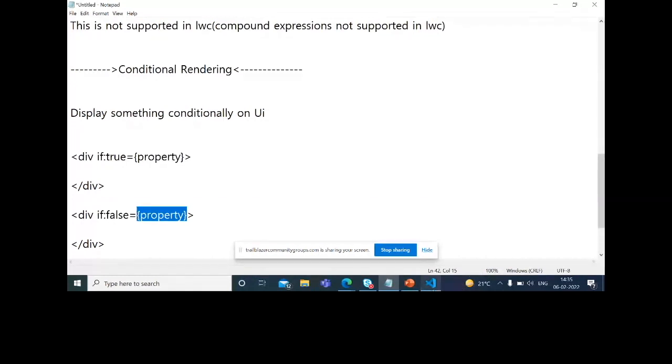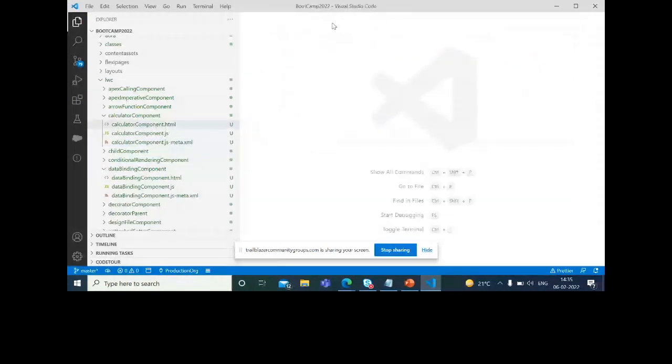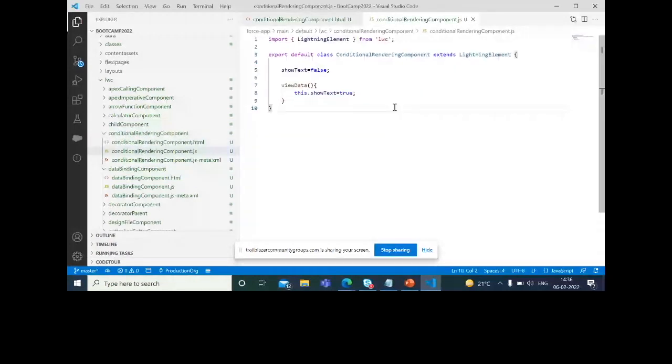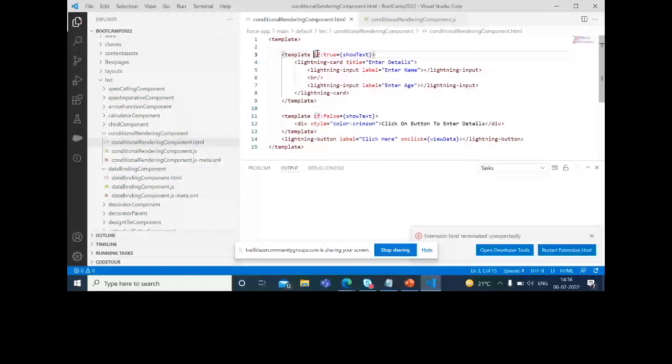Let me show you. I'm closing all these windows. So, conditional rendering. Here I have a nested template, and I have used if:true with showText. If the showText property renders true, then this lightning card inside this template will render.